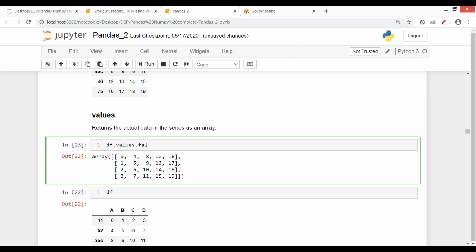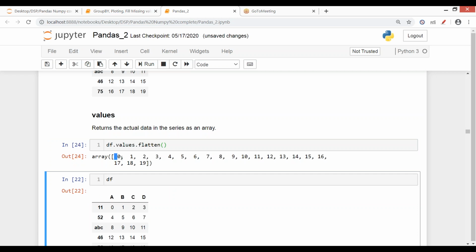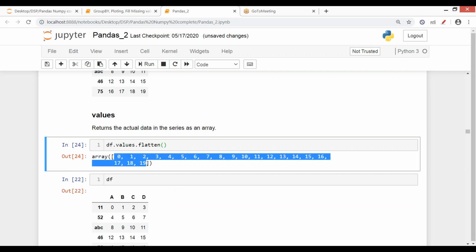But if it was a flattened array, dot transpose will not work, because it will make your rows columns and columns rows.